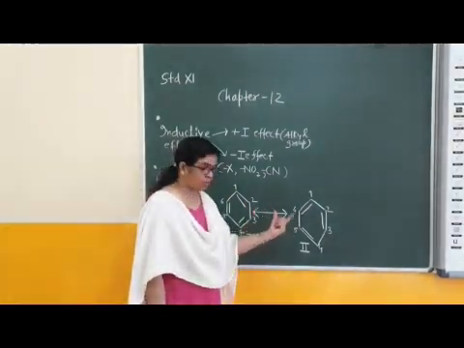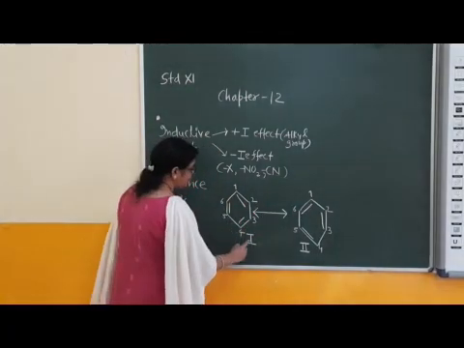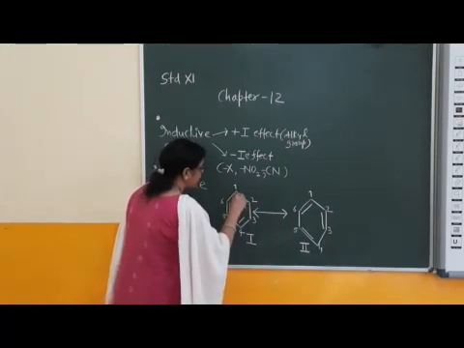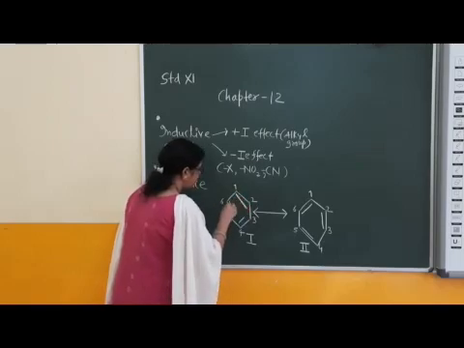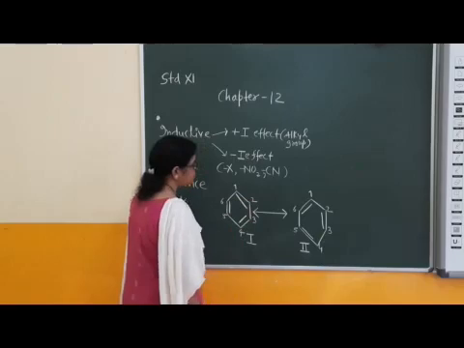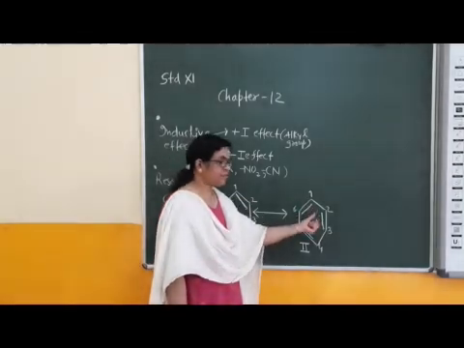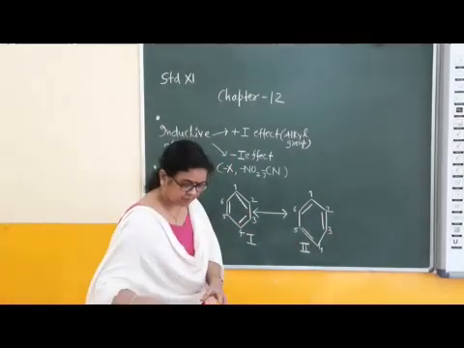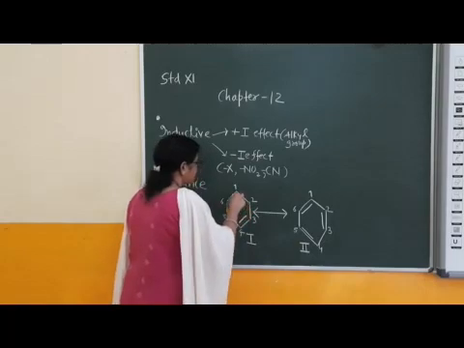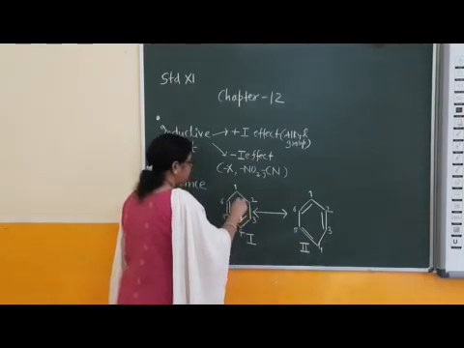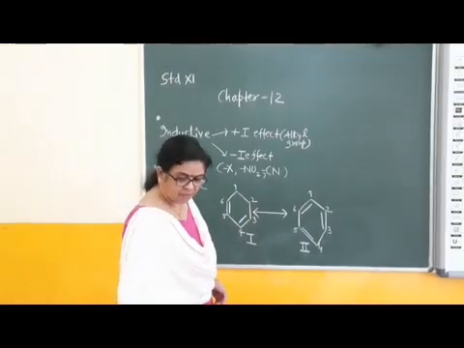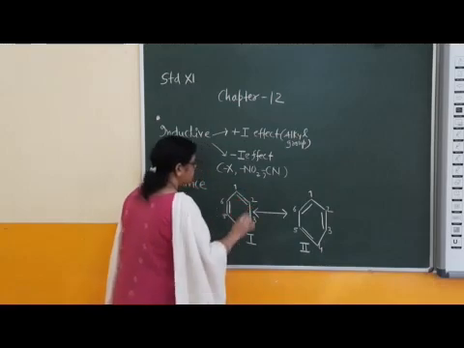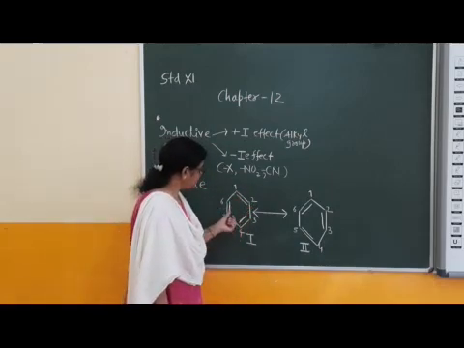But what is the difference between the two structures? The position of the double bond. In structure 1, a double bond is present between the first and second carbon. This is a pi bond or double bond. Okay, children? And in structure 2, there is alternation of double and single bonds. Only one sharp line is shown, otherwise this is showing two pi bonds. Like this: double, single, double, single, double, single.